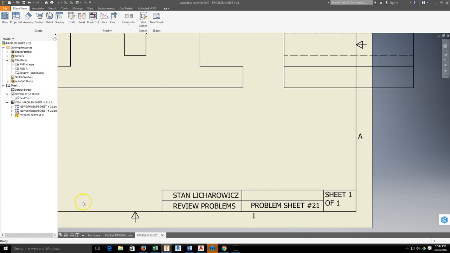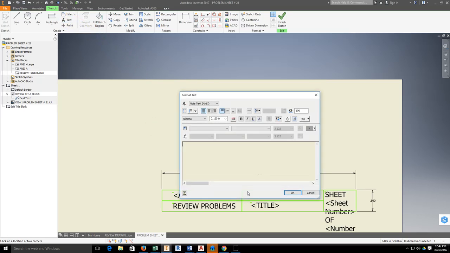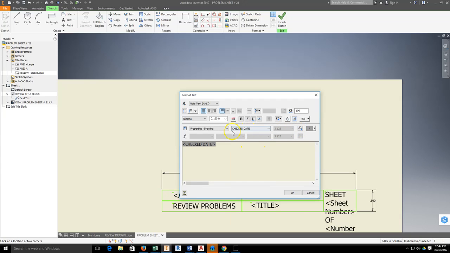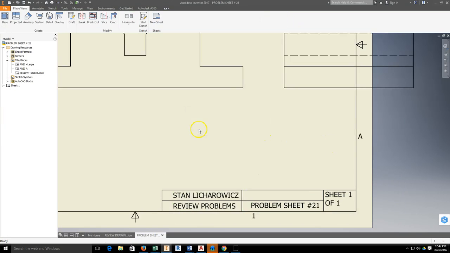Okay? So next thing I need to do is go ahead and set up the check date. By doing that, I need to get back into my Review Title Block, edit, do a text, drop in my text, and I'm going to grab properties of the drawing because I want the date to be the date that I put all of my drawings together and submit them because it could take me more than one day to do this. Check date appears, finish the sketch, say yes. Then all I have to do is go to my iProperties and